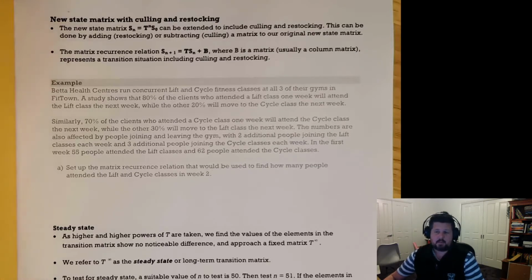It gives us some additional information also. It says in the first week there were 55 people that attended the lift classes and 62 people that attended the cycle classes. So that's really like the initial matrix there of that in week 1. So it's saying here, can you please set up a matrix recursion relationship that would be used and find out how many people attended the lift and cycle classes in week number 2. Alrighty, so let's start off by